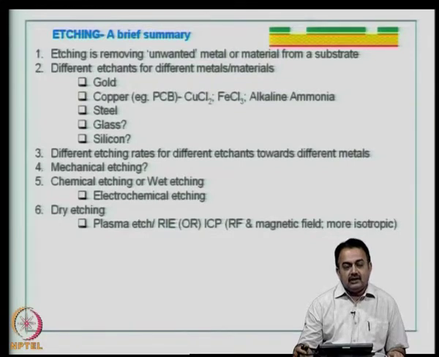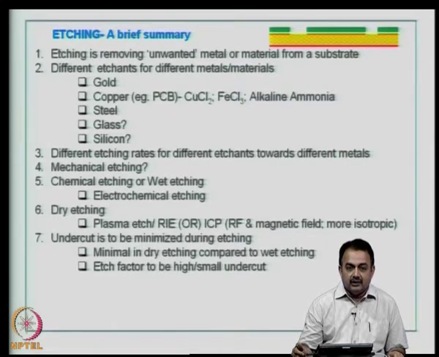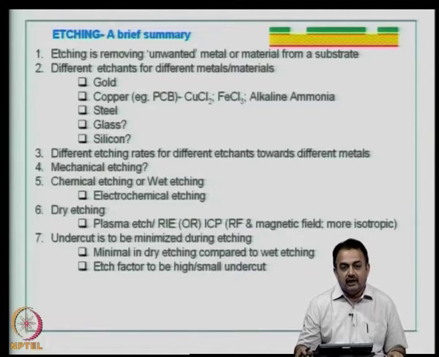So, dry etching, as I mentioned, can be reactive ion etching using a plasma or inductively coupled plasma, using RF and a magnetic field. You can get more isotropic etching using a dry etching process compared to a wet etching process. But the key issue here is that undercut has to be minimized during etching, and we have seen that it is